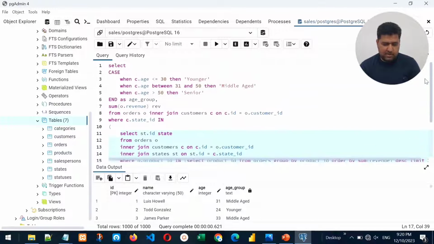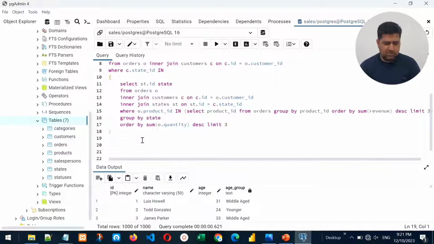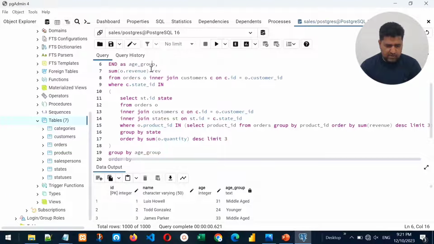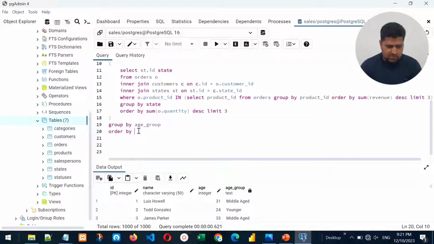Let me review this again. We need an age group here, and then we need revenue, and after that in the condition we say give me this age group in the top 3 states only. So if I go back to the end of this query, now we can say group by this age group that we got before and order by this revenue that we added before, sum of o.revenue, which is rev. So let me say order by rev. It's a long query. If I run this again,